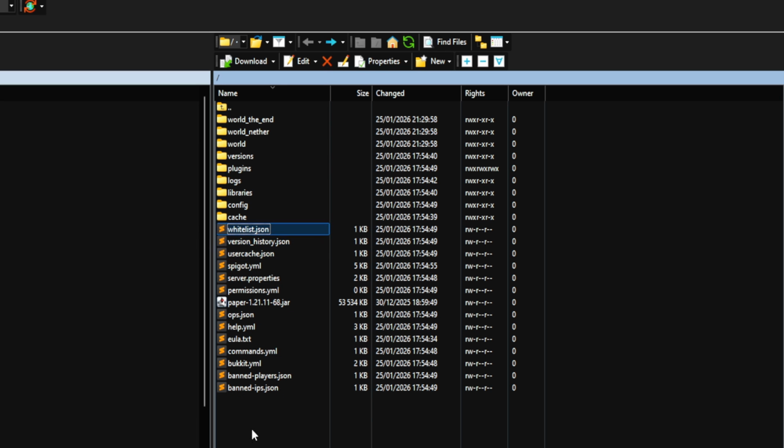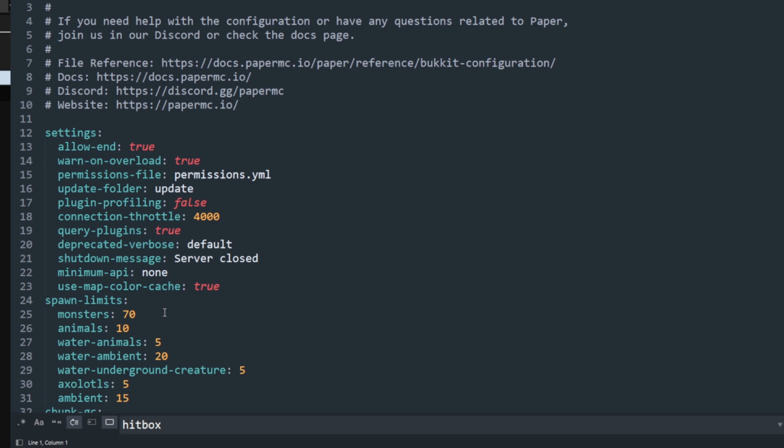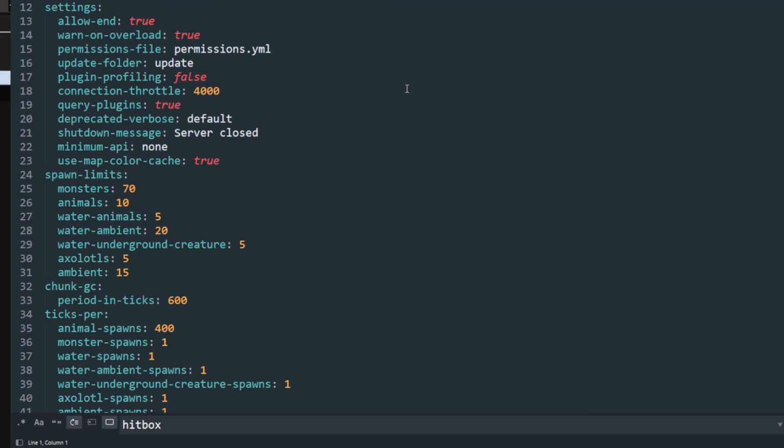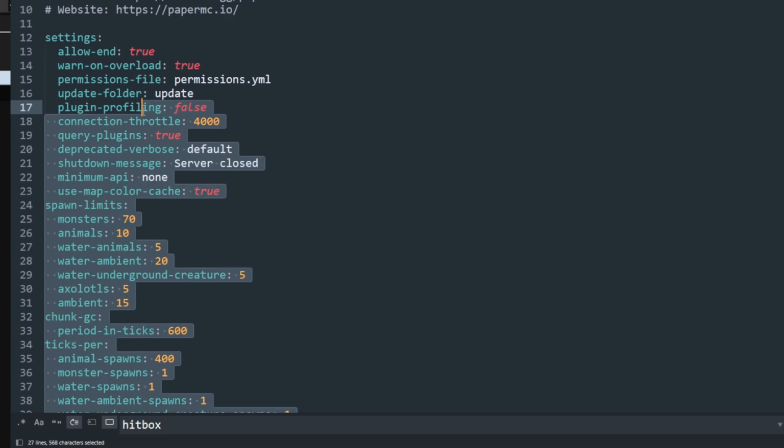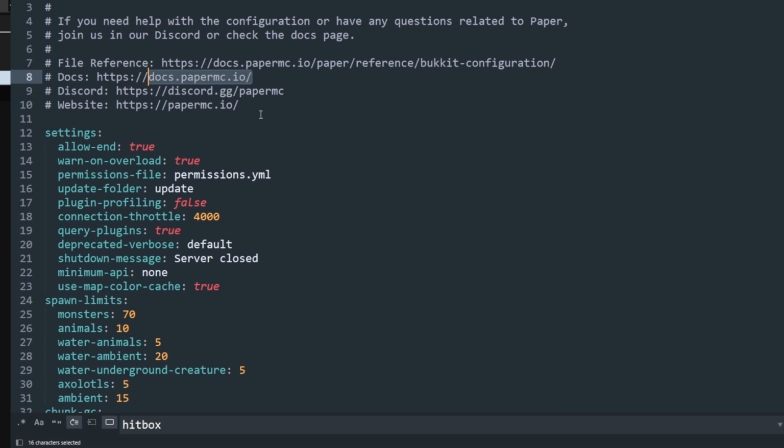Now, moving on to the files that might interest you a bit more. For example, we have the bukkit.yml file. And in this file, you'll actually find a bunch of little parameters that will let you change some settings of your server. There are lots and lots of things. We're not going to explain everything in this video because it wouldn't be useful, but what I recommend is that